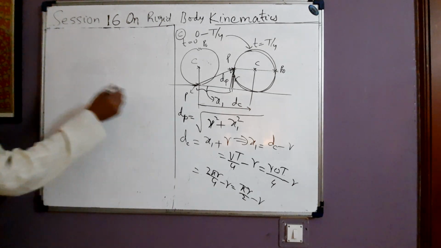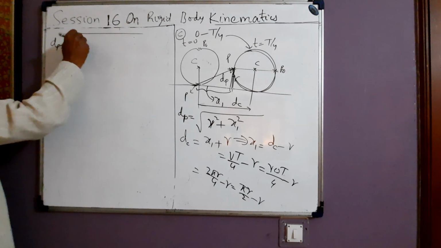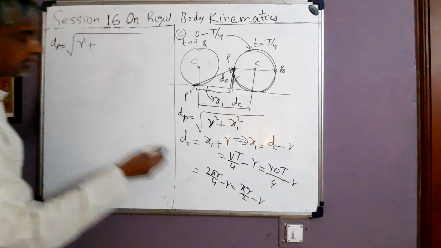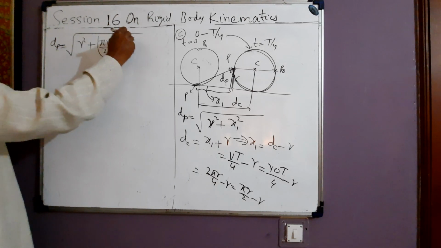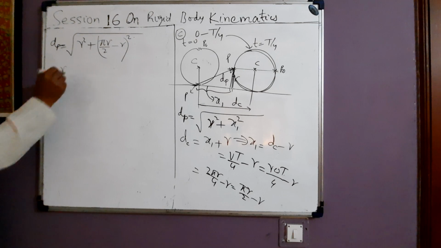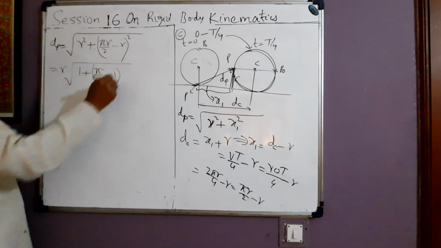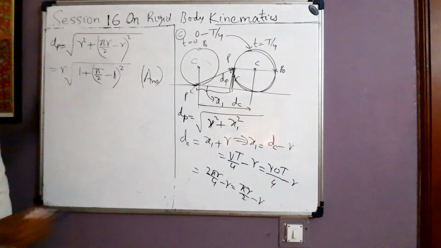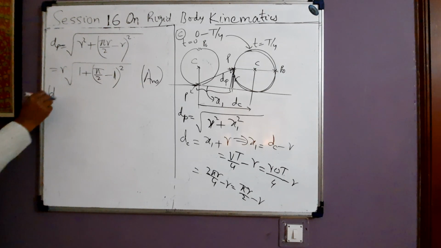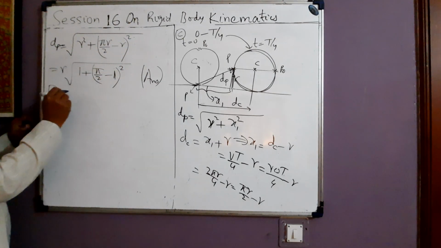So net displacement of P with respect to ground will be root under r square plus x1 square. x1 is this, pi r by 2 minus r whole square. This becomes r is common, 1 plus pi by 2 minus 1 whole square is the required answer. Okay. In part D, we have to find the magnitude of displacement of point P in the interval 0 to